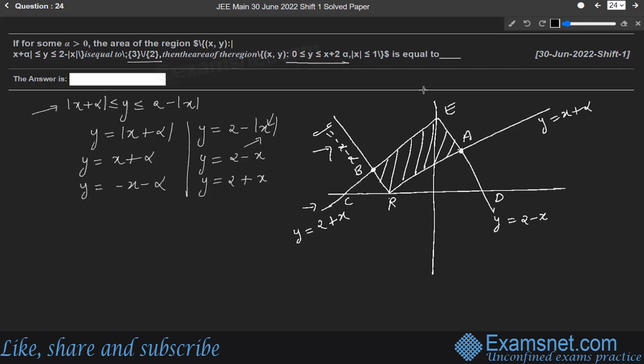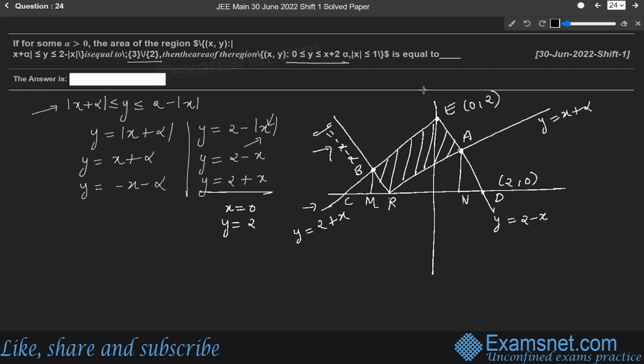All right. Now let us do one thing. Let us join this point B to the x-axis, and let us join this point A to the x-axis. Let us name them M and N. I hope the diagram is clear to you. Now what will be point E? Point E will be (0, 2). How (0, 2)? If y = 2 + x, in this condition, if we put x = 0, then we have y = 2. That is why this point is (0, 2). And point D will be its opposite, (2, 0). I hope you are clear with it.